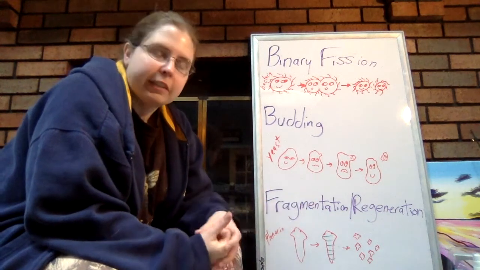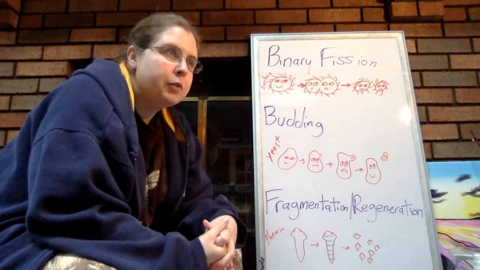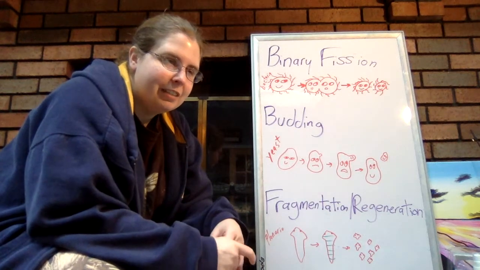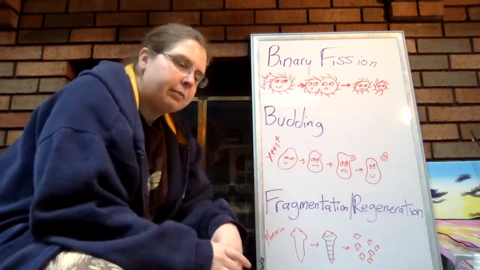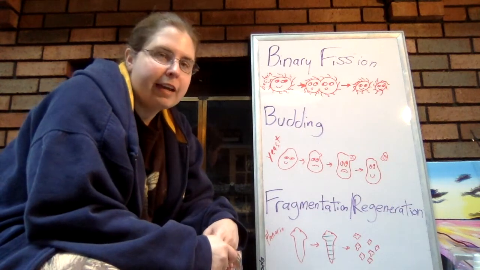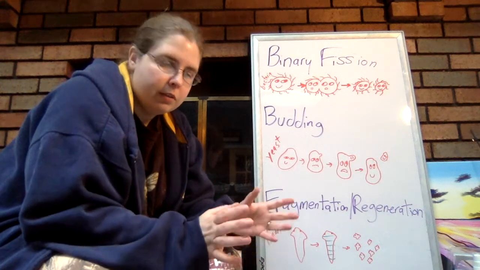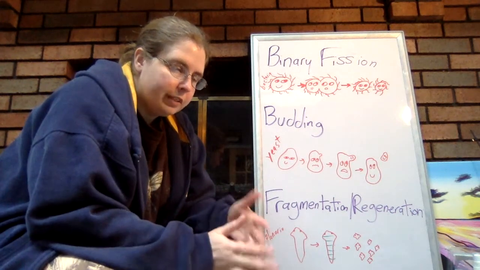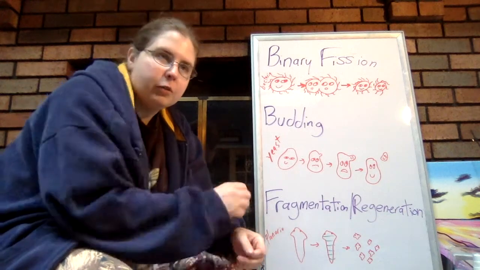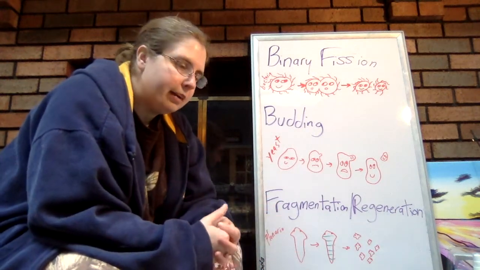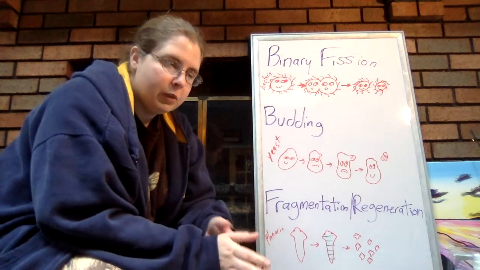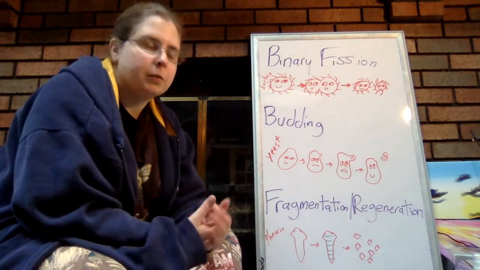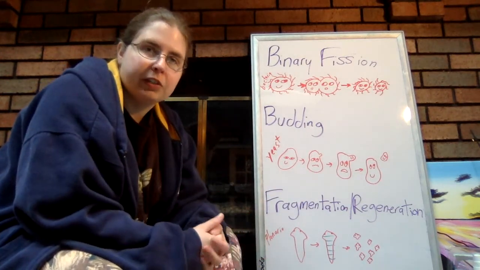Now, not all organisms can do this. Earthworms can do it up to a certain number of times based on where you cut them because they actually have multiple hearts. If you cut and each segment has a heart in it, it can regrow into its own new, separate earthworm. A lot of times we also talk about how starfish lose an arm and can regenerate, grow it back. There have also been a few cases where if the starfish is cut in half, it can regenerate and make 2 starfish. So that's what we mean by fragmentation or regeneration.